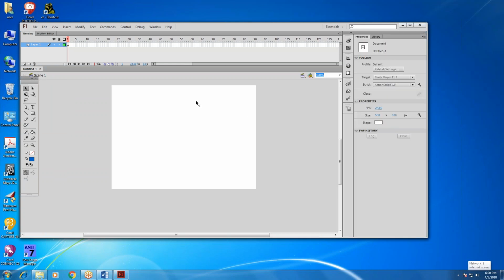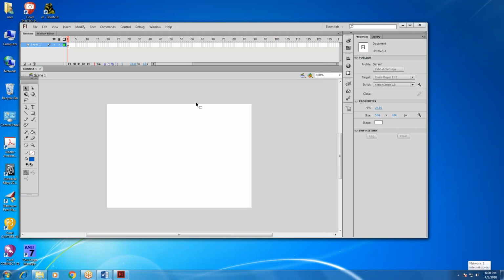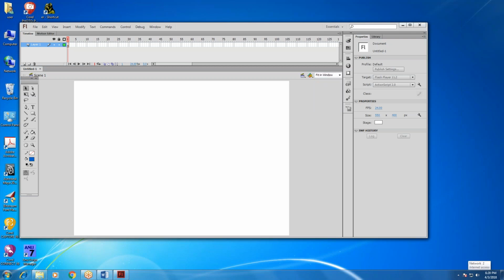This is the properties panel. If you want to increase the page size, press Control plus, or here is the fit to window option. This is the timeline. These are the frames. This is a layer.